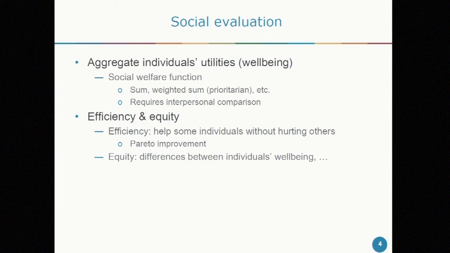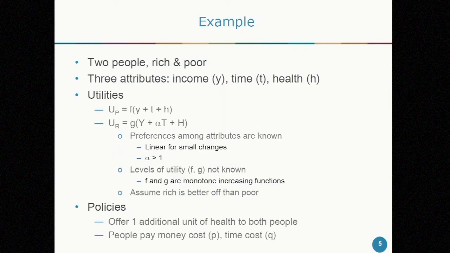Then typically we would distinguish two attributes of an outcome: efficiency, where the key idea is a Pareto improvement. If we can make a change in society that helps some people and hurts nobody, that's a Pareto improvement. That's thought in general to be a good thing. An efficient solution is one where you can no longer make Pareto improvements. And then there's the question of distribution, about which we've talked quite a lot the last couple of days, where here I'll just focus on the difference in well-being levels between people as one aspect of what we care about.